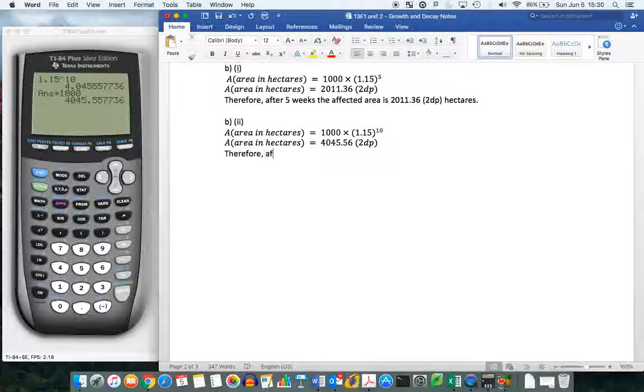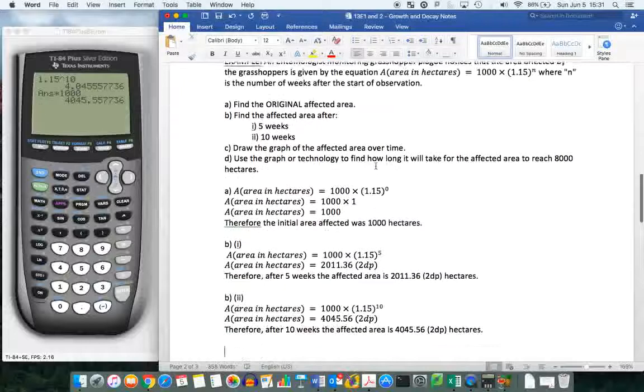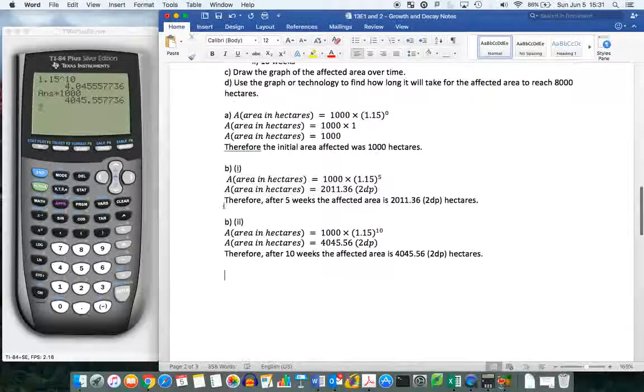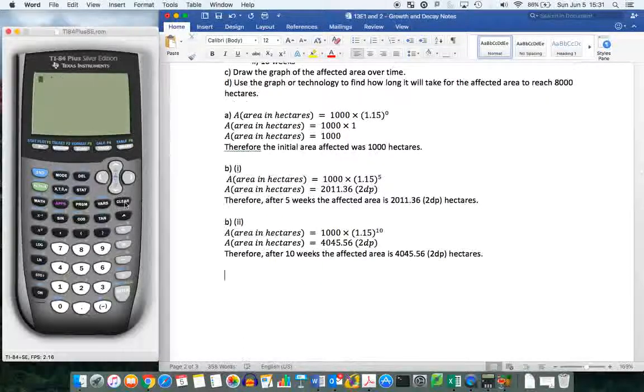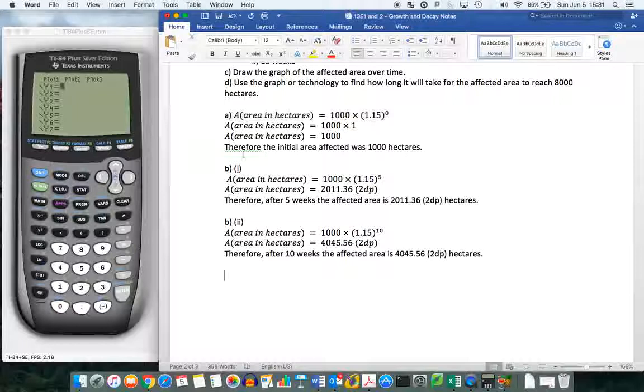Therefore, after 10 weeks, the affected area is 4045.56 to 2 dp hectares. That's B answered. C. Draw the graph of the affected area over time. So it's just asking for a graph of that function, which is 1,000 times by 1.15 to the power of